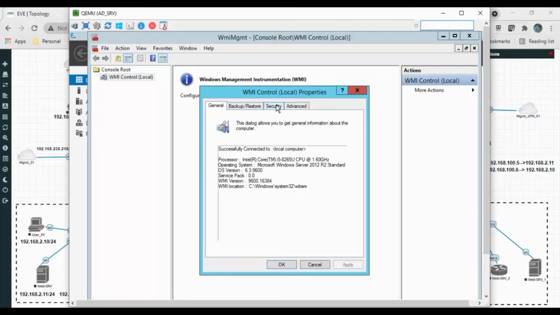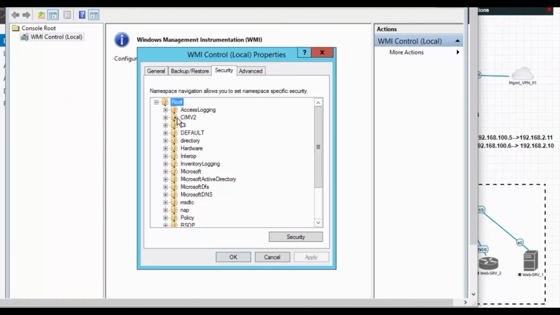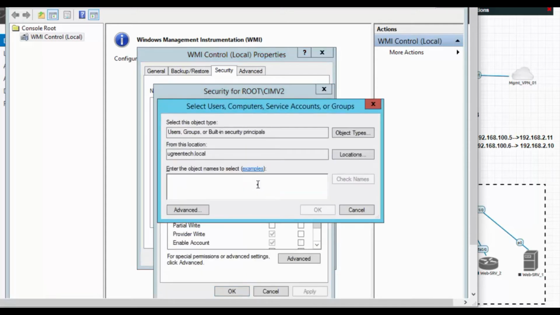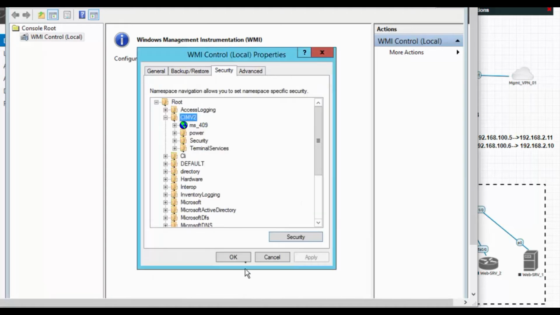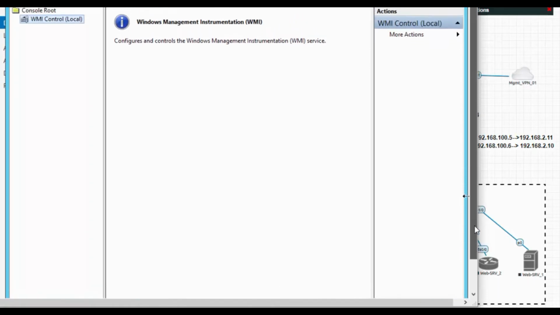Go to the security, select this plus icon, go to CIMV2, select this plus, and click on security. In that we need to add the service account, that is PA, and provide the permissions. There are two permissions we need to provide here: Enable Account and Remote Enable. Click on OK, select the checkbox and apply. So we have provided the special permissions to the service account.